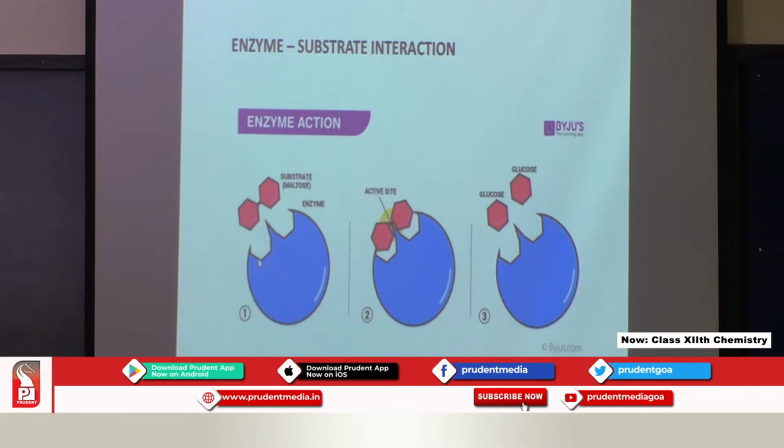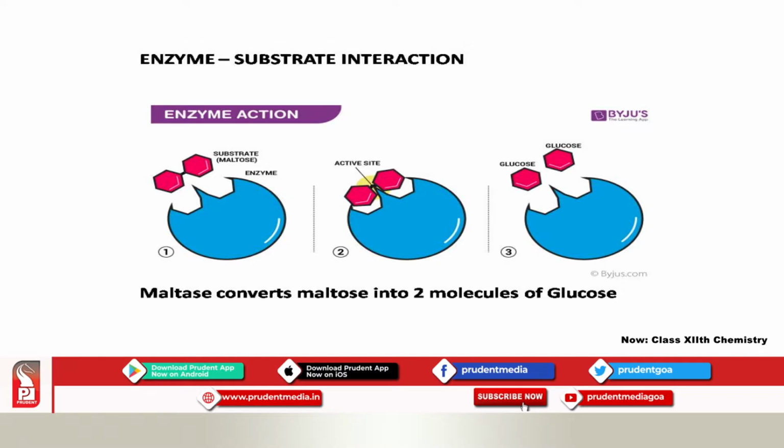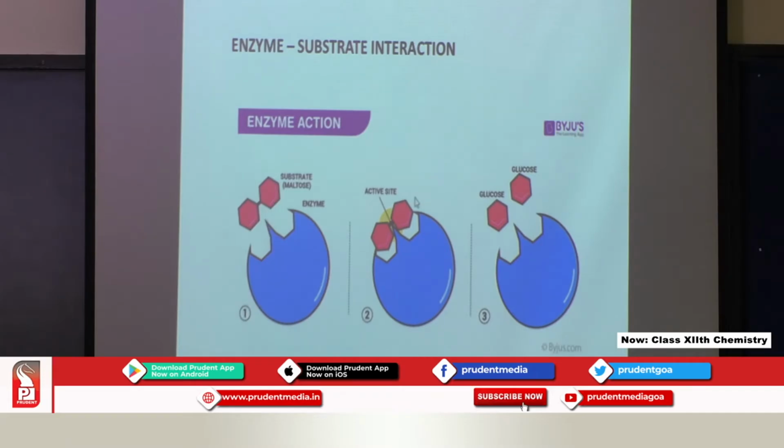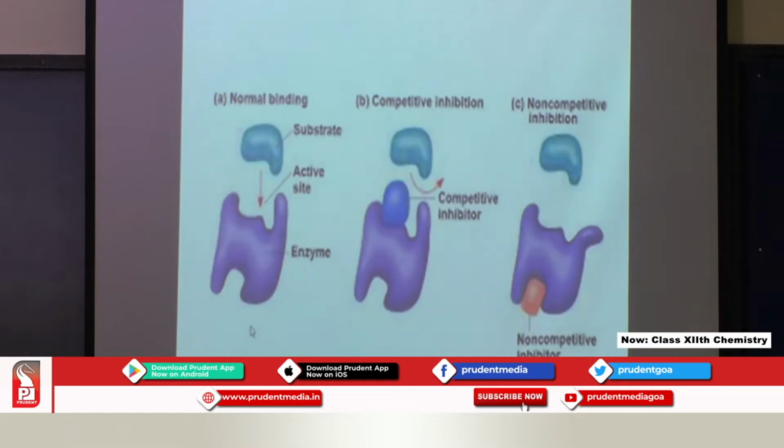The enzyme has 2 important functions. It has these active sites, these points that you see, where the substrate, that is your maltose molecule, will come and adhere itself. So the enzyme helps to hold a molecule, that is the substrate, and these active sites have functional groups in them. With the help of these functional groups, glucose molecules are formed from maltose. This molecule is converted into 2 moles of glucose. This is our normal enzyme.